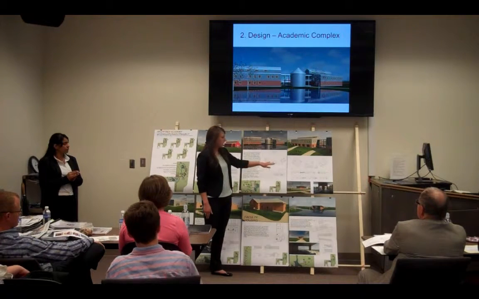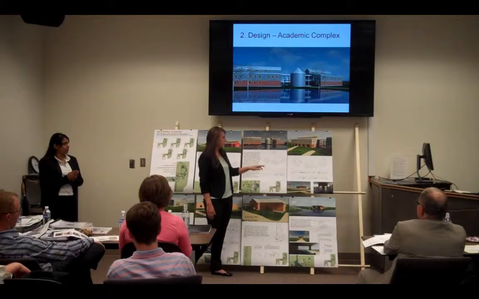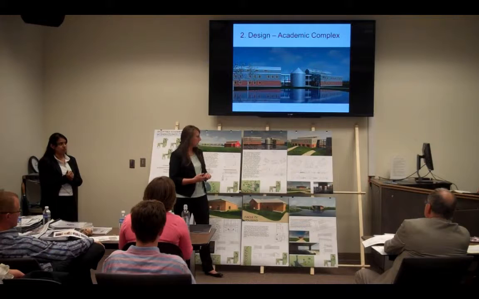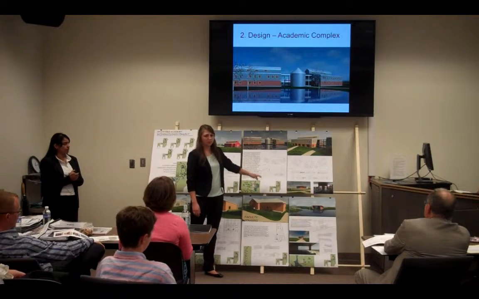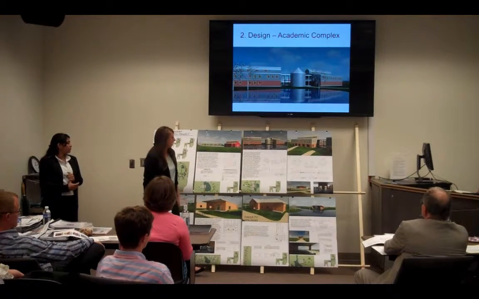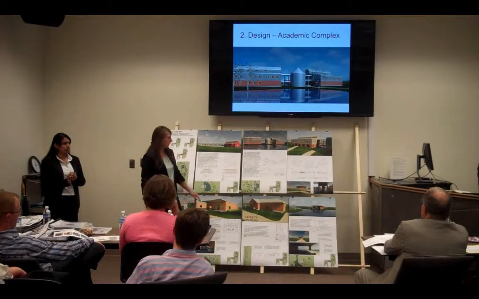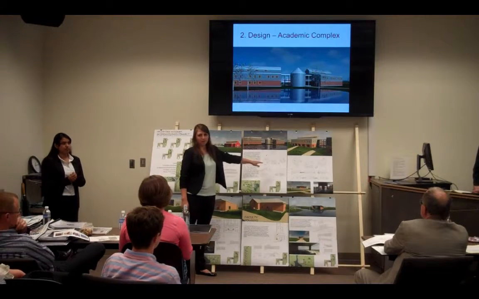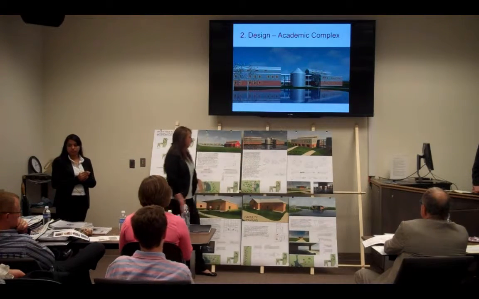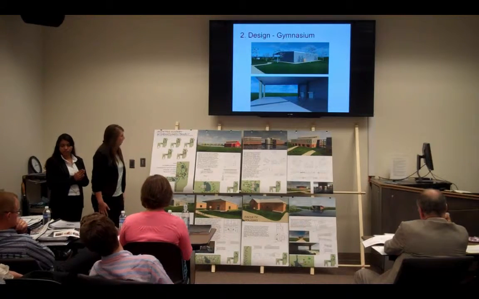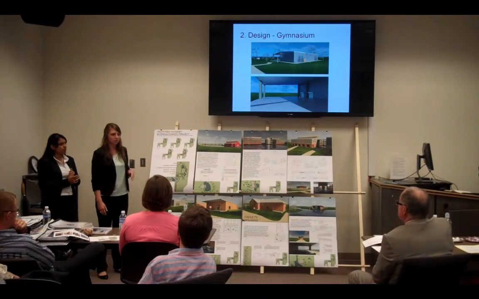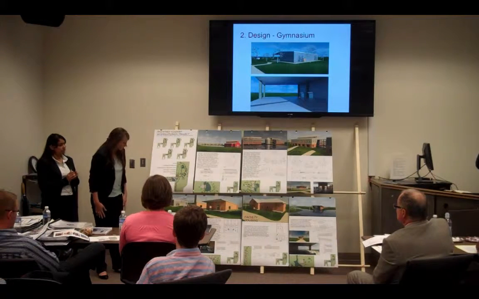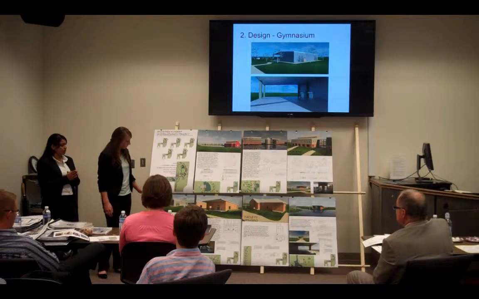In each separate building there are 4 to 5 classrooms, 2 labs, restrooms, and a teacher break room. And in the central building is the administration offices. And the library is a separate building across from the academic buildings, creating a central courtyard for the students to gather in. The gymnasium is located just across the central existing road that will be used just as a service road for our project. And in the gymnasium are locker rooms, room for storage.